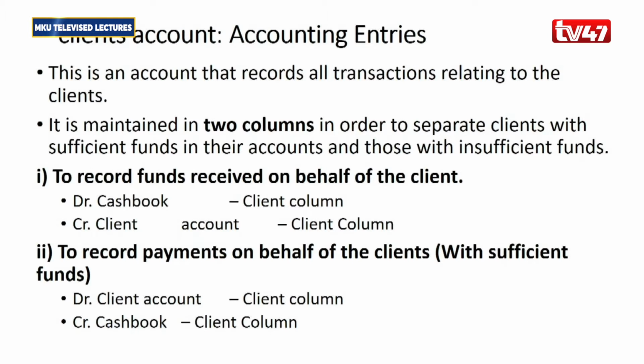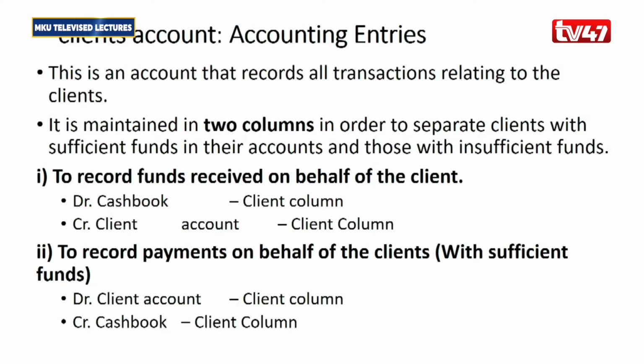They will also go to the client account, to the client column, to do the credit there, because as we said, the client is like a creditor. You have already given money to the advocate, and therefore when they maintain your account, they will be debiting the cash book and crediting your account to show that you have sufficient money in your account. Now, to record payments on behalf of the client, and these are clients with sufficient funds,